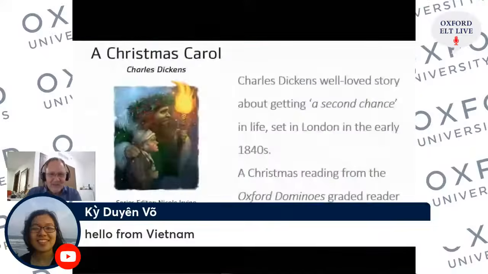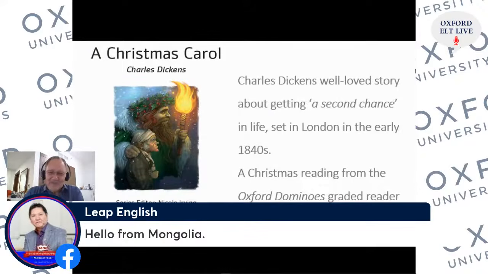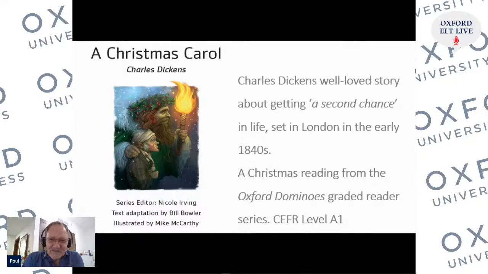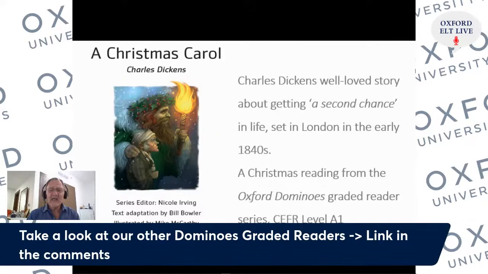And we're going to read this story here, which is A Christmas Carol. You may well have heard of this very famous, well-loved story by Charles Dickens. It's about getting a second chance in life. It's set in London in the early 1840s. And before I read the story to you, let me just tell you that it's an adapted version of the original. It's from the Oxford Dominoes Graded Reader Series, starter level A1, so it's quite an easy read,